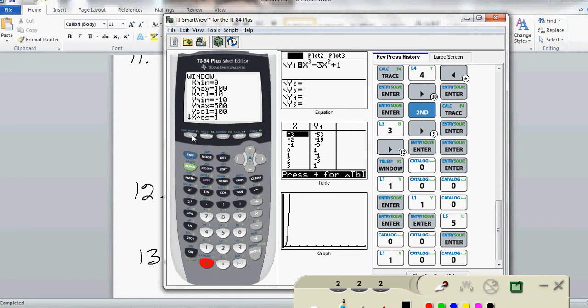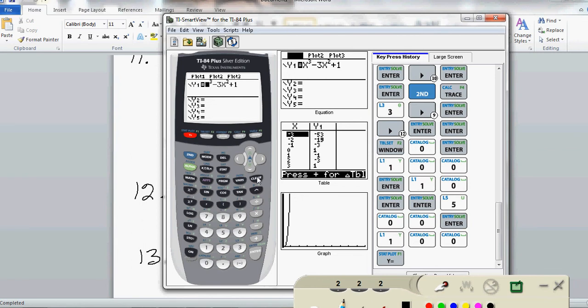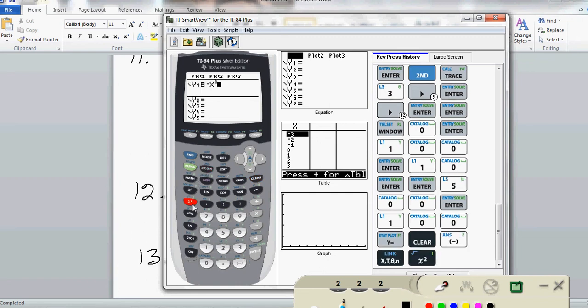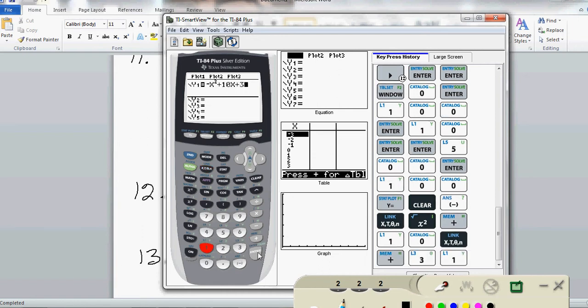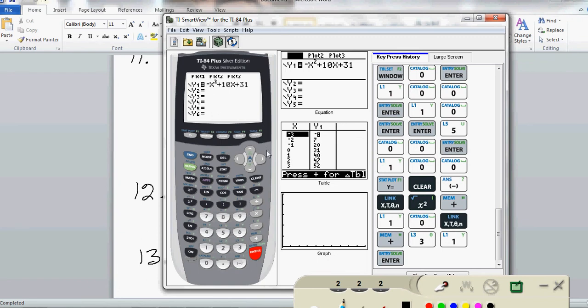Okay, so then I'm going to do Y equals. I'm going to clear out what I have, and I need the negative x squared plus 10x plus 31. Oh, well, that's okay. And then graph it and see what I get. Okay, well, I get this little thing, and I see a maximum here, but maybe my profit was just a little bit too optimistic,